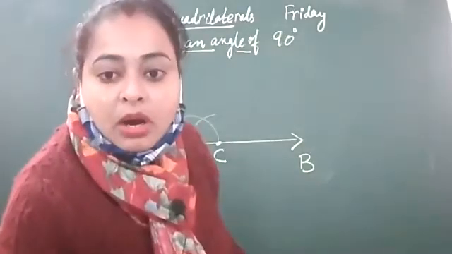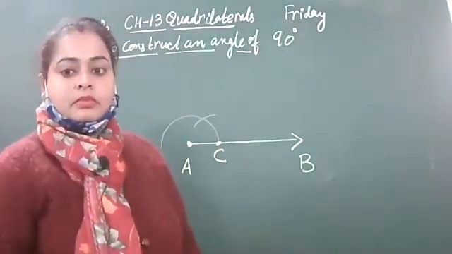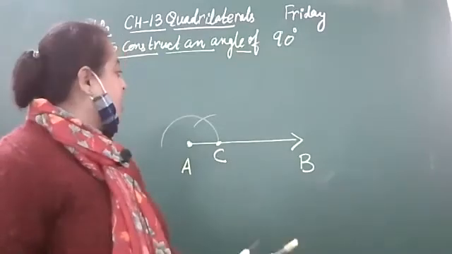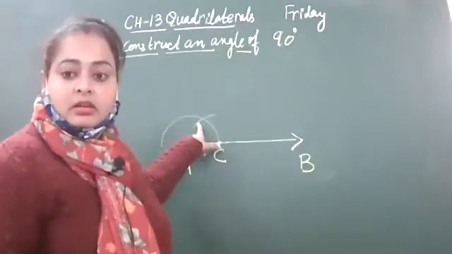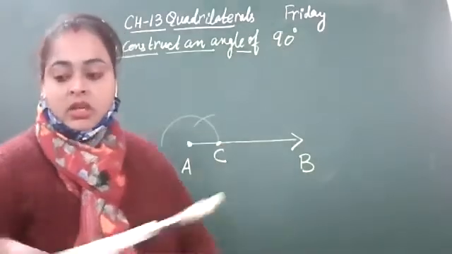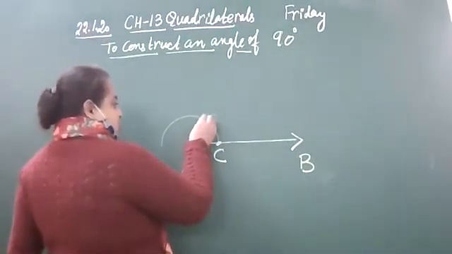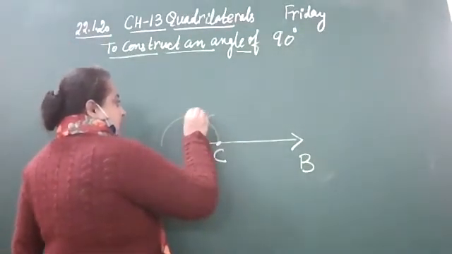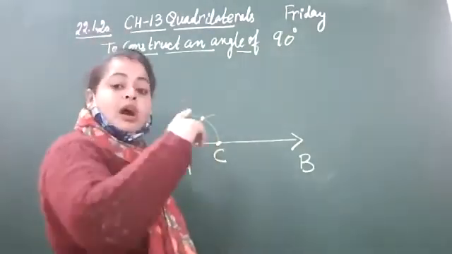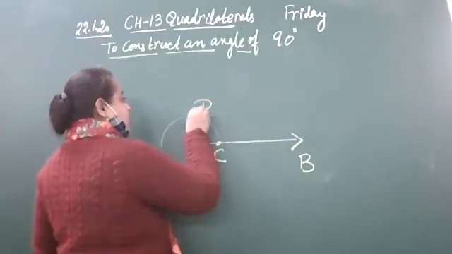Now, Raghav, unmute yourself. Raghav, are you hearing me? Yes, ma'am. Raghav, tell me, this first arc will represent which angle? Ma'am, 60 degrees. Very good. This first arc will represent a 60-degree angle. Well done. And name it. Whenever you name it, name it on the semicircle, not outside the semicircle. So this is point D.